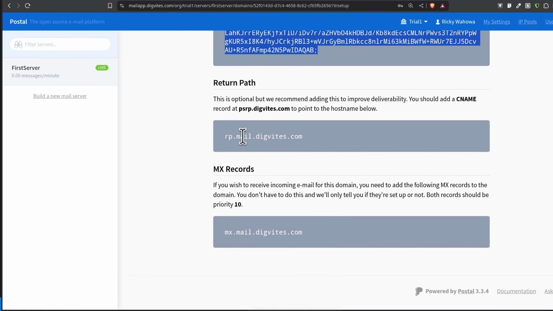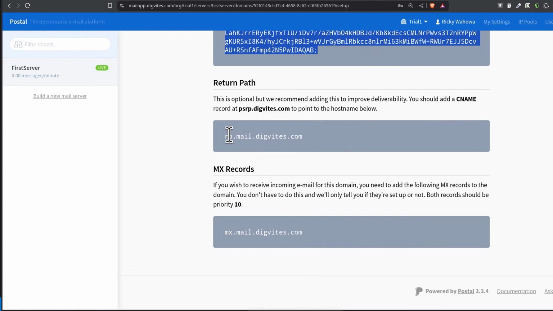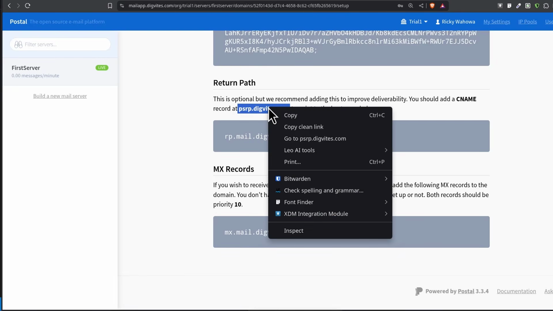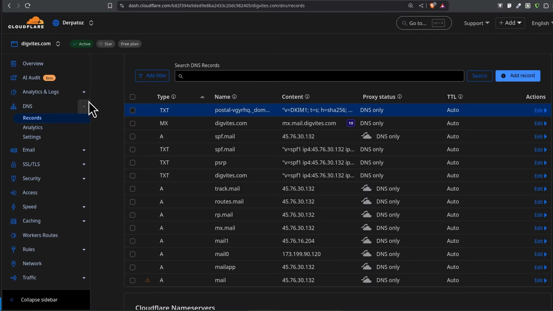Return path, RP. Did I add an A record for that? PSRP. Okay, it doesn't have an A record, but this has an A record. So let's add this PSRP as a CNAME.